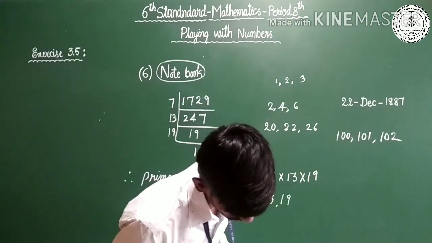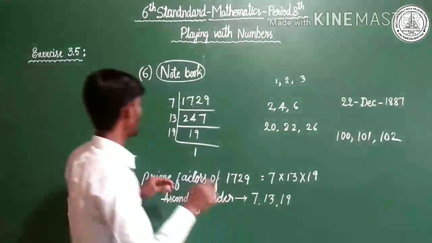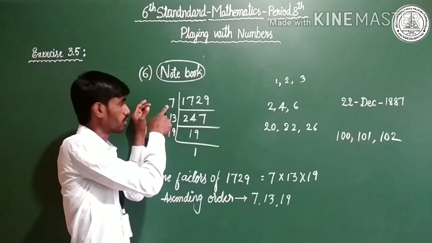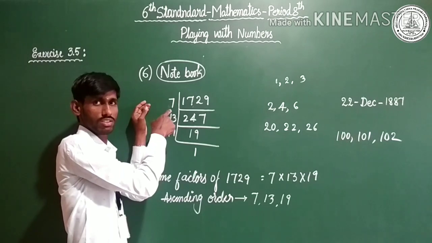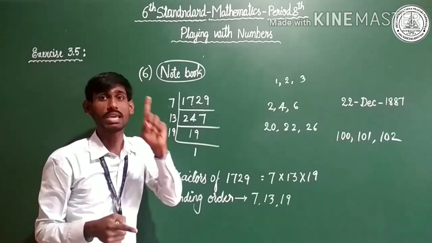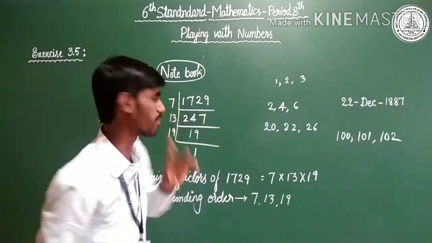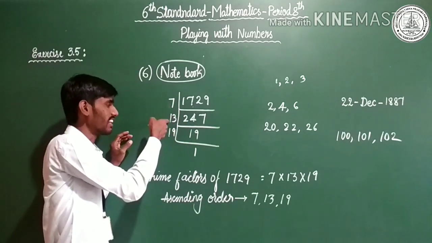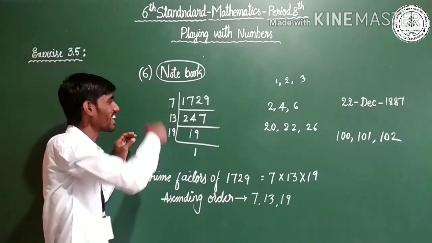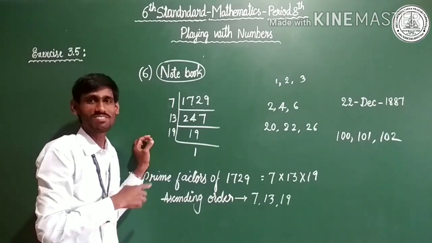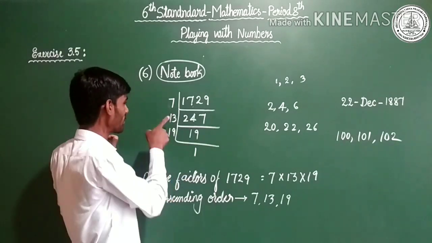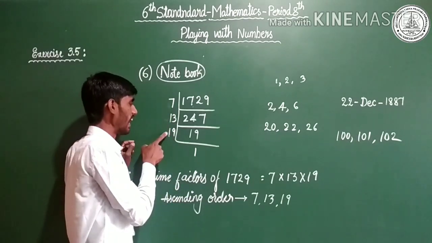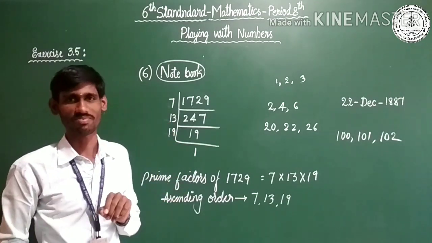What is the relationship between consecutive prime numbers? Observe here, Chotu. Consecutive prime numbers. I think you are thinking, sir, after 7 is 8, 9. No 8, no 9. Prime numbers, consecutive prime numbers. Observe here, Chotu. 7, after 7 is 13, after 13 is 19. What is the relationship between 7, 13, 19? There is a particular relation. Observe here. 13 minus 7 is equal to 6. In the same way, 19 minus 13 is equal to 6.